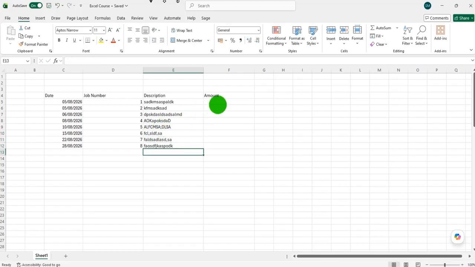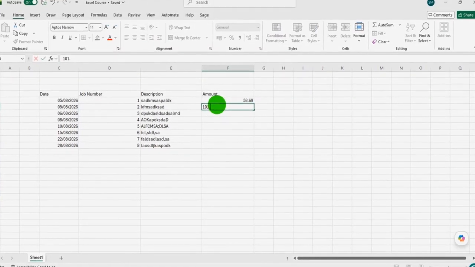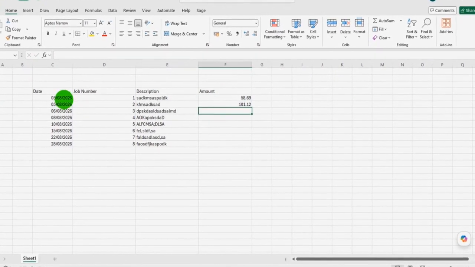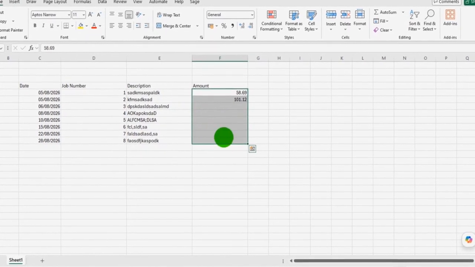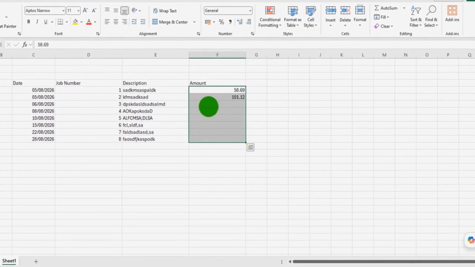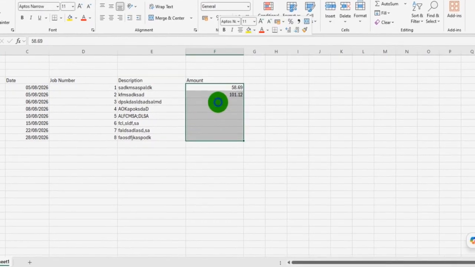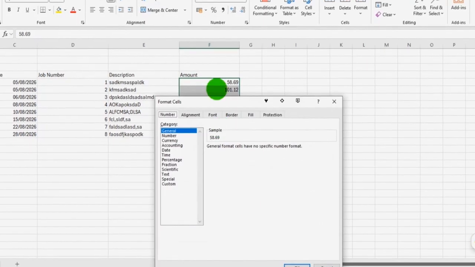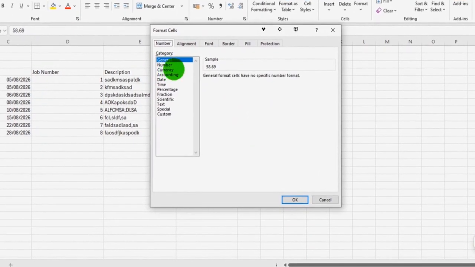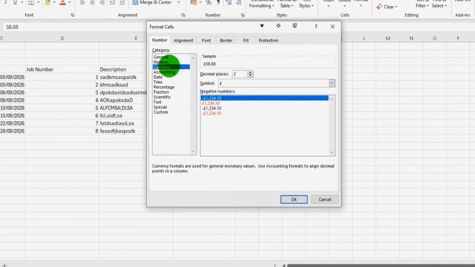And then we have amounts. Perhaps these are monetary amounts, such as £58 or $58.69 or 101.12. Just like the dates, we can change how this information is displayed by clicking and dragging, so highlighting the cells that are relevant, right click, format cells, and then under number you'll see there's a currency category, so we can